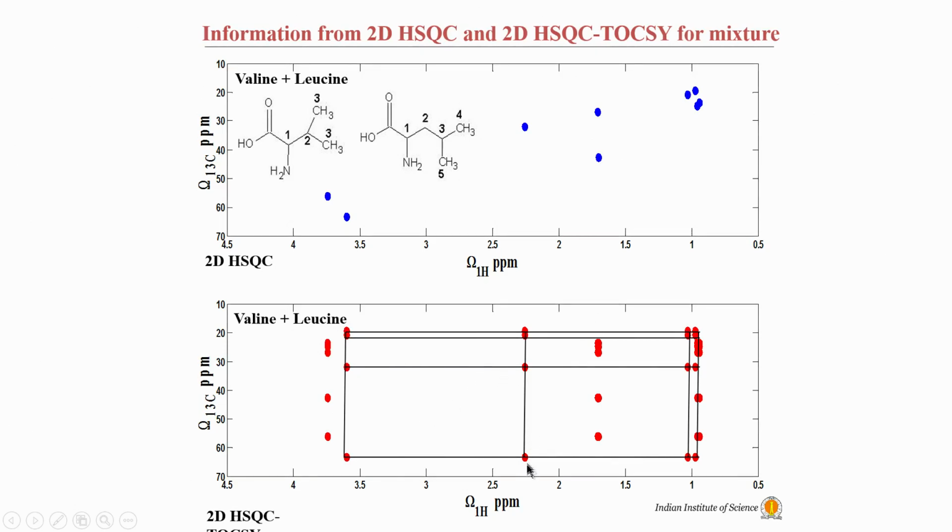For example, if I know that this line belongs to leucine, then that means the entire family now becomes leucine. If I say that this could be valine based on the database, then this whole becomes valine. So, although I did not know within these two which are valine and leucine, by connection of the protons with each other, now I am able to separate or distinguish leucine from valine.